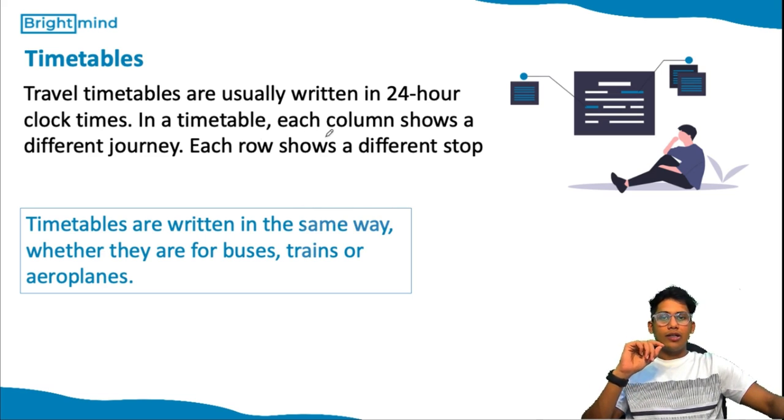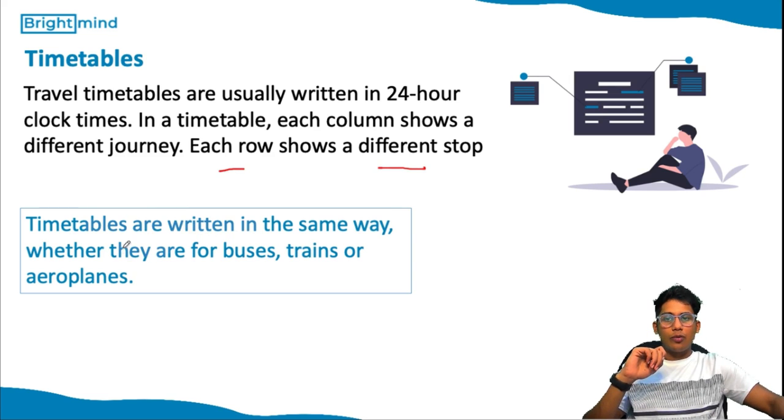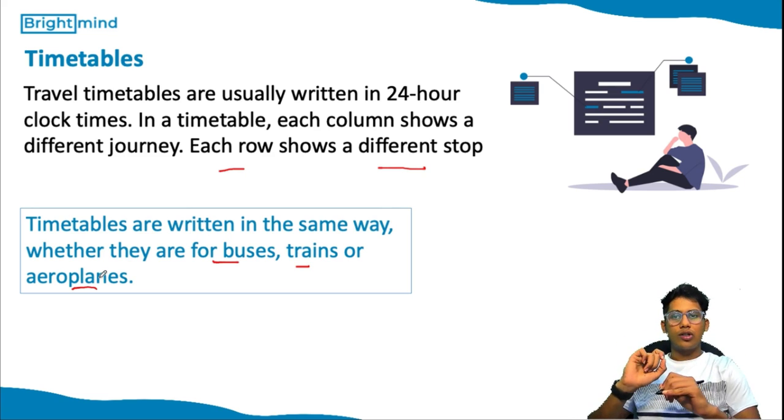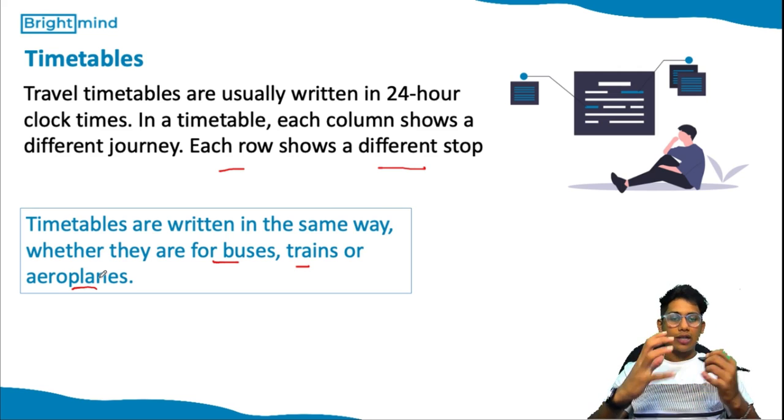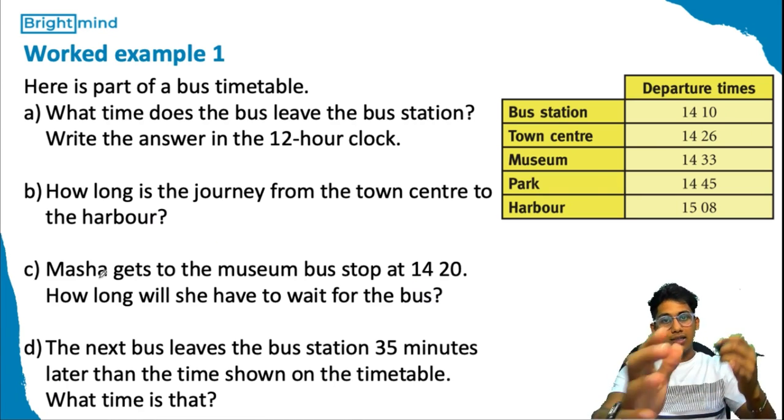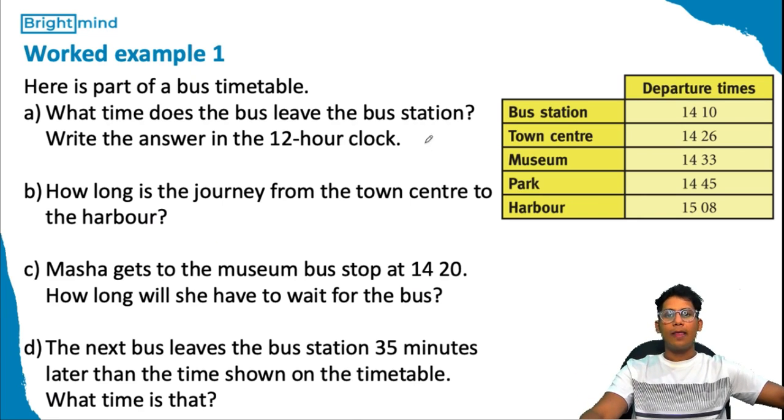Now, in a timetable, each column shows a different journey, and each row shows a different stop. Let's see an example of what this would look like. Timetables are written in the same way whether they are buses, trains, or aeroplanes. So it's really important that you learn this stuff. It's practical implementation, so that when you're traveling, you can actually see the departure times and understand how these